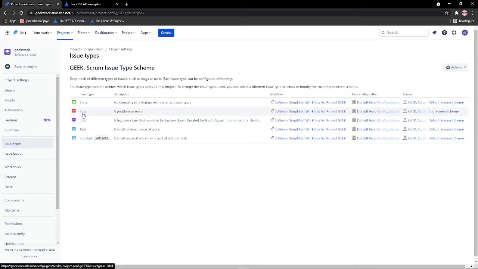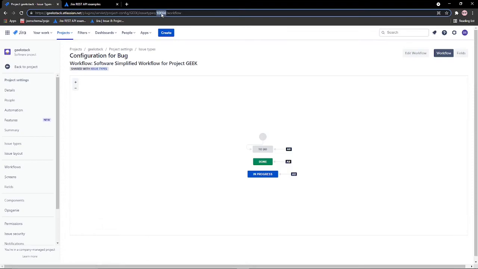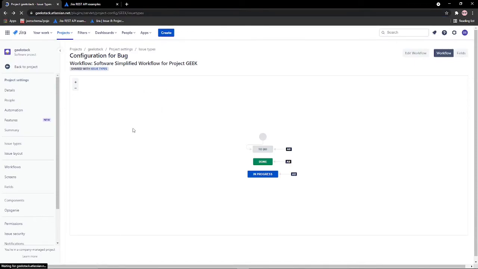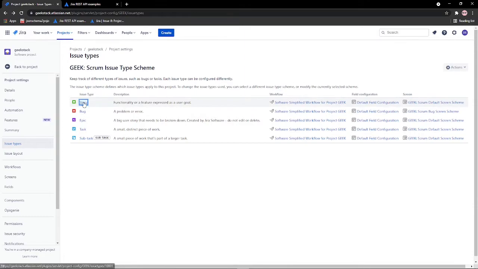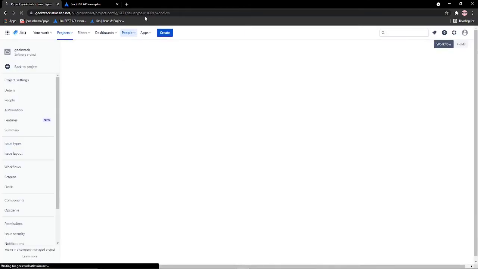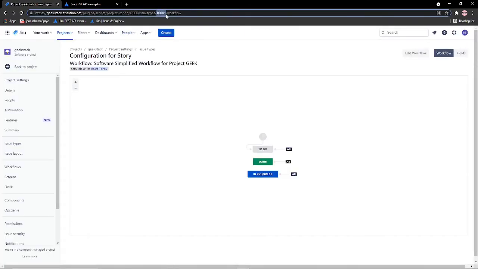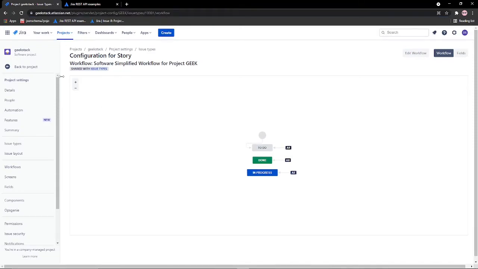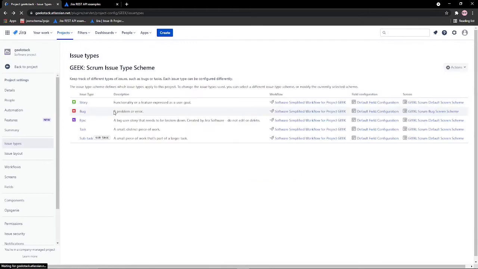Once you click on any of these issue types, you'll see a number in the URL. This is the ID for that issue type. 10004 is for the bug type. Suppose I select the story type, this is 10001. This is how you find the IDs for the issue types.